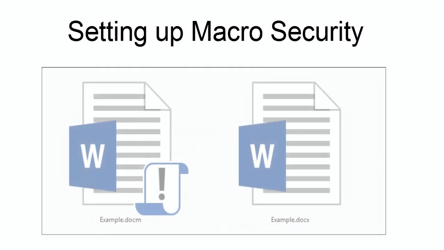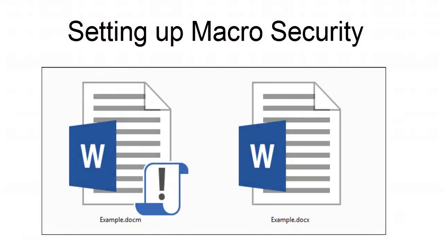A macro is a sequence of program commands that have been recorded and saved and can be executed with a single command. Outlook has its own macro capabilities. More germane to the topic of security, however, are the macros in programs such as Microsoft Word and Excel. Such macros are part of the document file and as such are included when the file is sent as an email attachment. However, you can identify files that contain macros because the file name extension changes from .docx to .docm